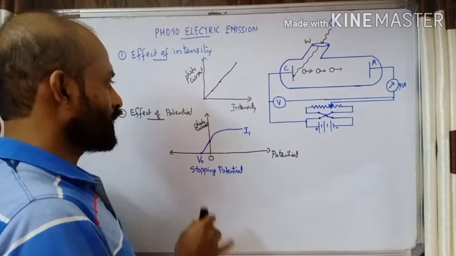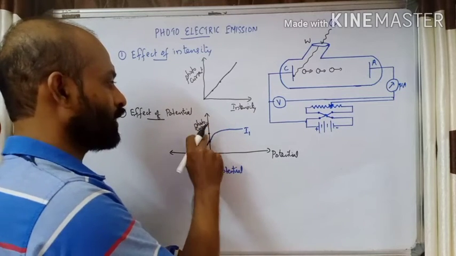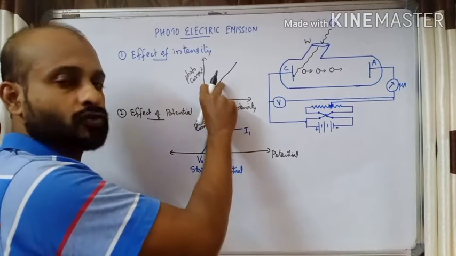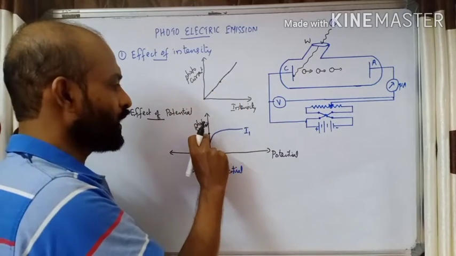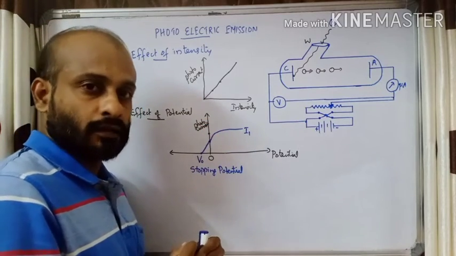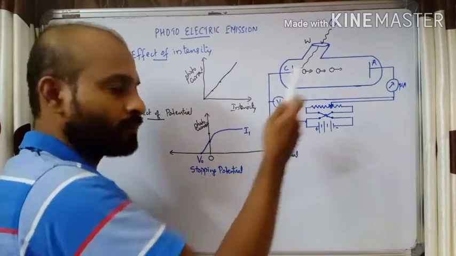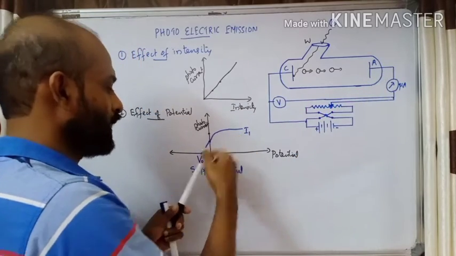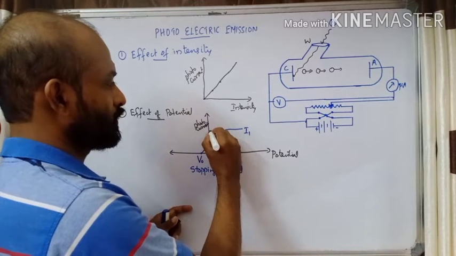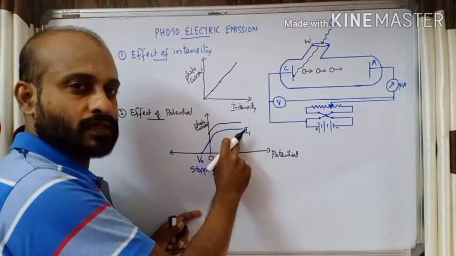Now what we can see is the current is slightly above. This will be the current value. Why is this current value larger? When we increase the intensity, the photocurrent value should increase. We are getting a larger current. Then we gradually start to increase the accelerating potential, meaning here positive, here negative. As we increase the accelerating potential, we can see that the photocurrent increases, then it becomes a steady value, as we have seen in the previous case.